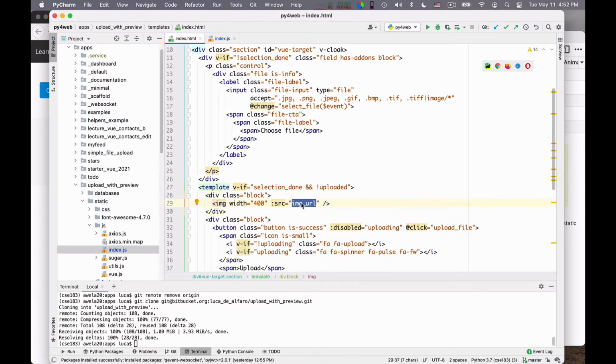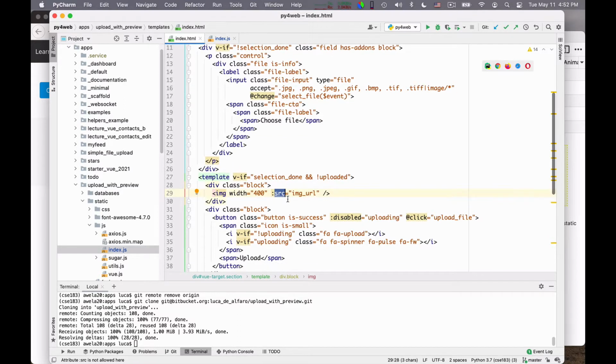So this is a very useful thing to know, that images can be represented as strings that you can assign to the source field of images and obtain their display. Below this, there is a fairly traditional button that says upload, basically. And when you click it, it will call upload file that will do the upload just as before.